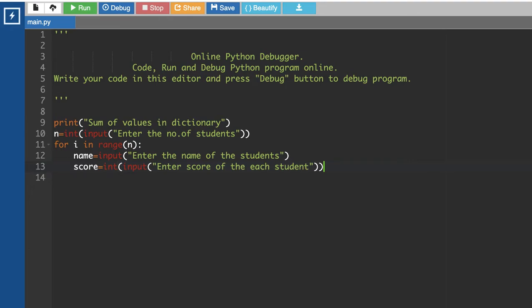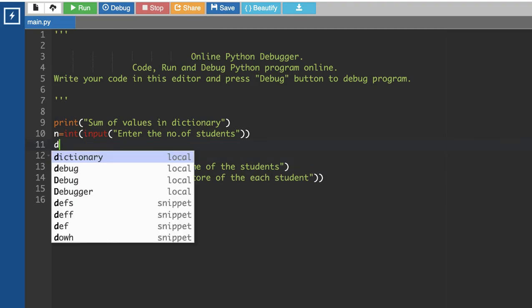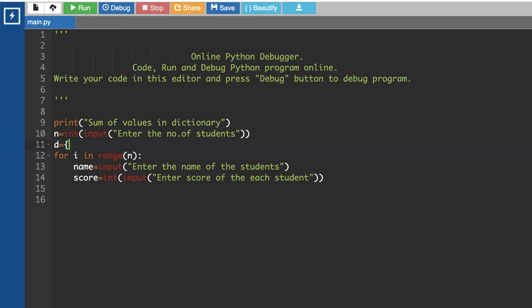After getting this value, I'm going to put it into a dictionary. Before that, I want to create the dictionary. I'm using the variable d for the dictionary. Using curly brackets, we can create an empty dictionary. Now after reading the values, I put them into the dictionary, where the key is the name and the value is the score.